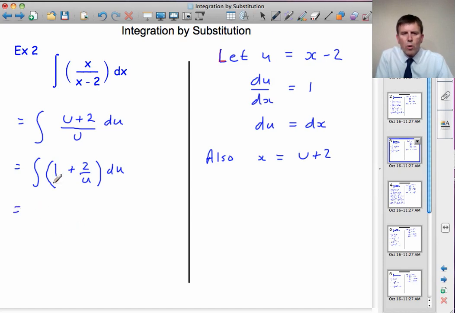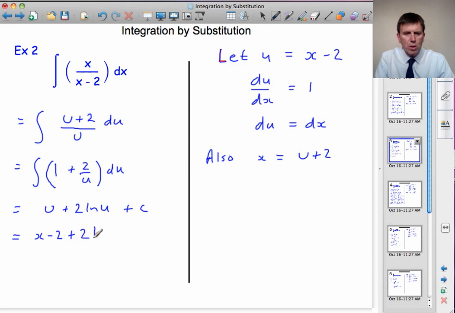So the integral of 1 with respect to u is just u. The integral of 1 over u is log u. So the integral of 2 over u is plus 2 log u. And we'll have a constant of integration. And now we need to replace the u by the x minus 2. So that gives us x minus 2